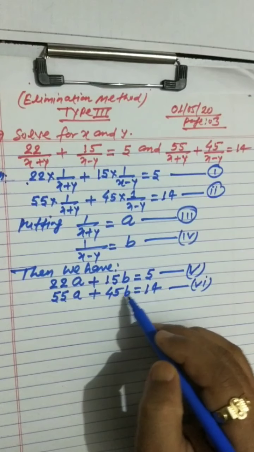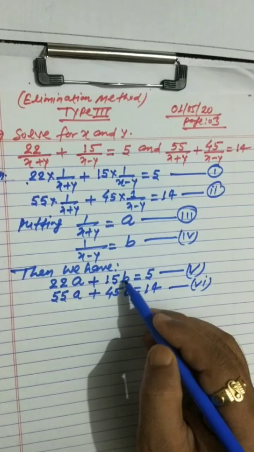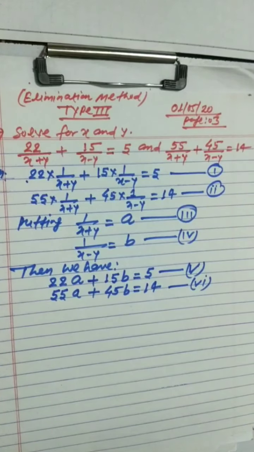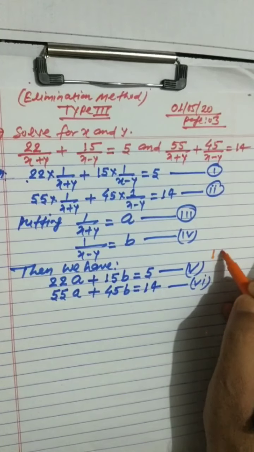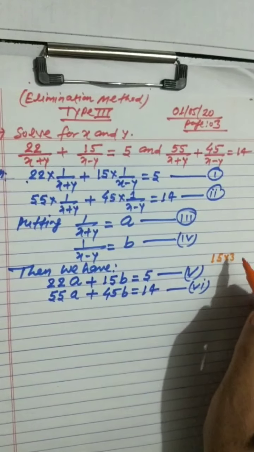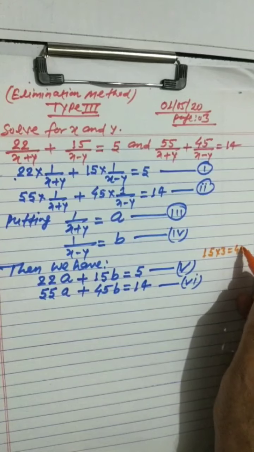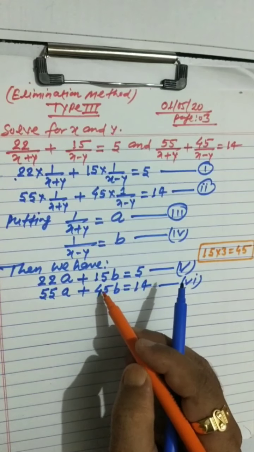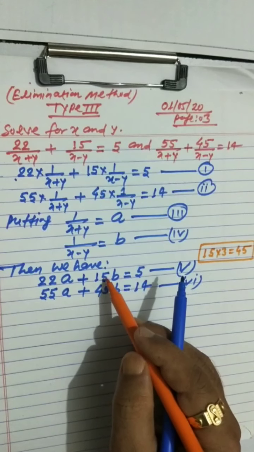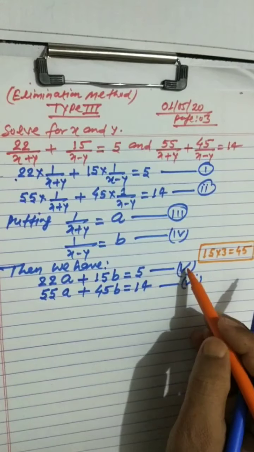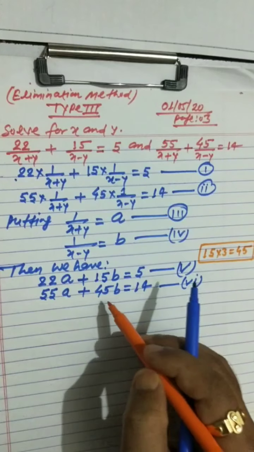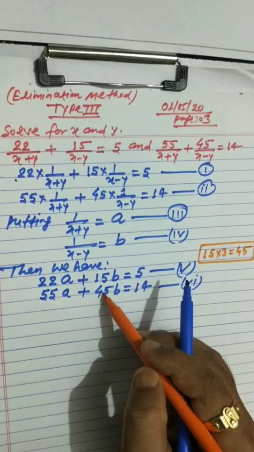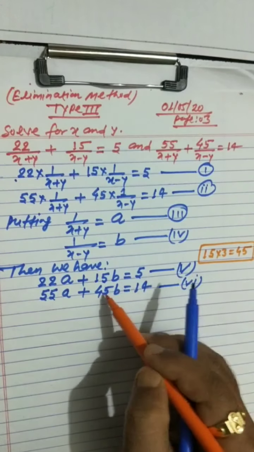तो यहाँ पे तुमको 45 से मल्टीप्लाई करने की ज़रूरत नहीं है, और 15 से इसको 6 को मल्टीप्लाई करने की ज़रूरत नहीं है. हम लोग यहाँ पे देखते हैं कि 15 को मल्टीप्लाई करेंगे 3 से तो हमारा 45 आ जाएगा. ठीक है, तो जब कोफिशिएंट ऑफ b इन इक्वेशन 5th और कोफिशिएंट ऑफ b इन इक्वेशन 6th मल्टीपल या फैक्टर हो, तो 15 से 45 3 बार में कटेगा. तो 3 से मल्टीप्लाई कर देंगे अगर इक्वेशन 5th को, तो इसके बराबर आ जाएगा.